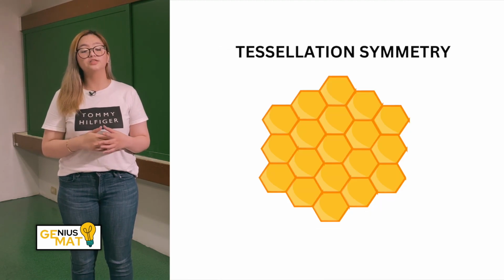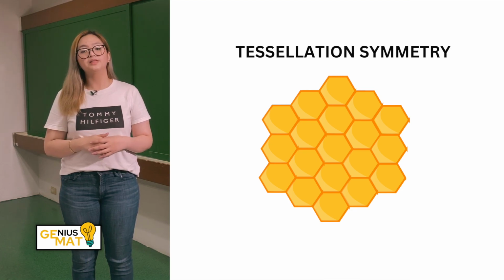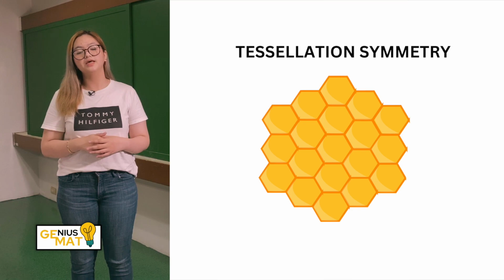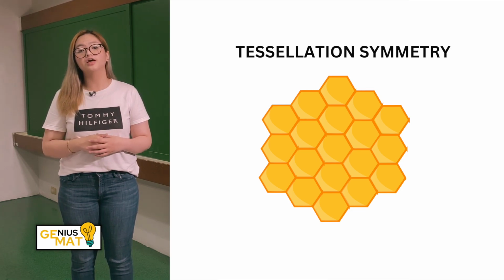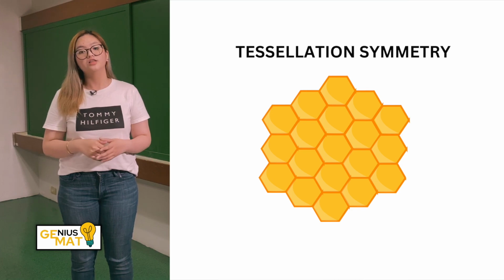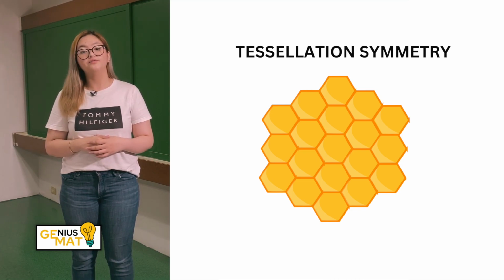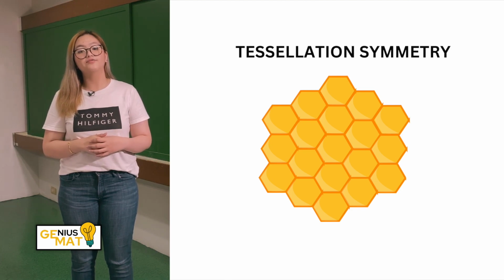Next is tessellation symmetry. If a pattern can be repeated regularly to fill a plane entirely without any gaps or overlaps, it satisfies tessellation symmetry. Similar to puzzle pieces, tessellations are constructed from identical forms that fit together in predictable patterns. The honeycomb pattern of a beehive, the tiling patterns in Islamic art, and the regular grids of graph paper are